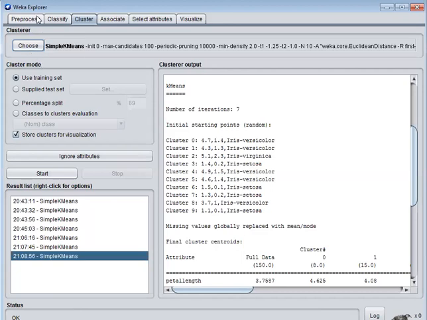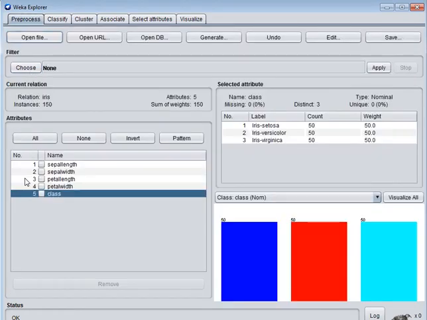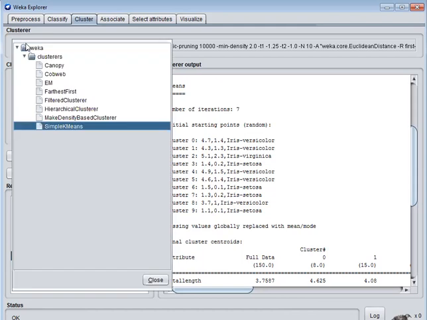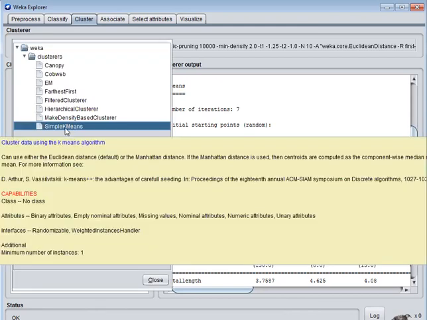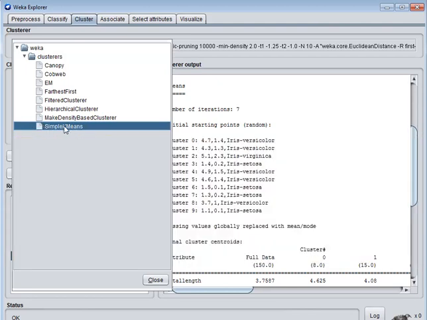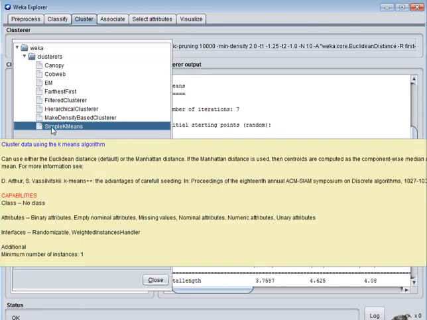After loading the dataset, we cluster the data under the Cluster tab and choose the clusterer as SimpleKMeans. Once we move on the menu, the corresponding K-means usage and its objectives are displayed in the yellow window.